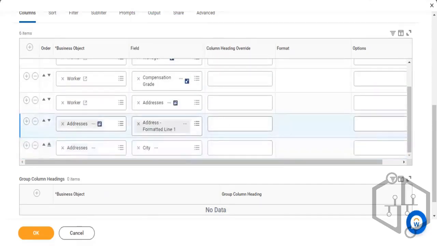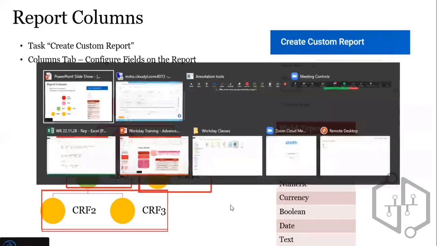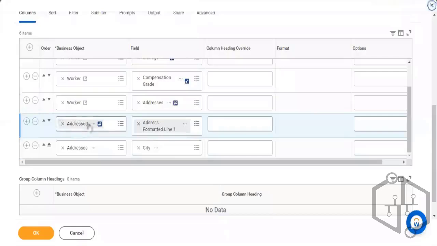Right? So on a report, you can get data from your primary business object, and you can also get fields from your related business object. But for getting fields from your related business object, you'll have to specify the related business object here, and then it will allow you to select the fields. So now when I run this report,